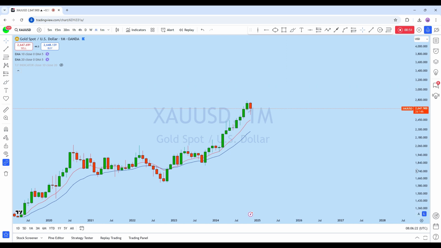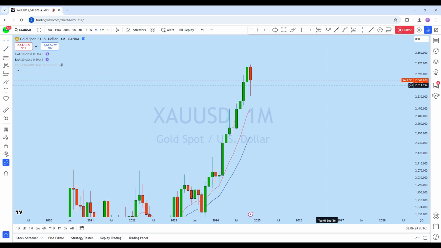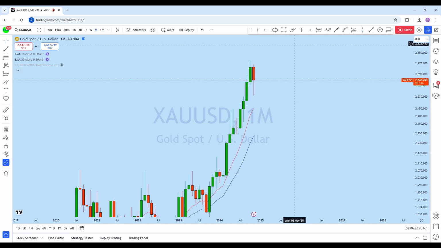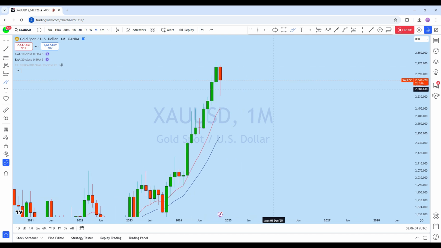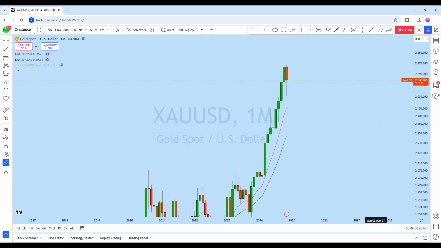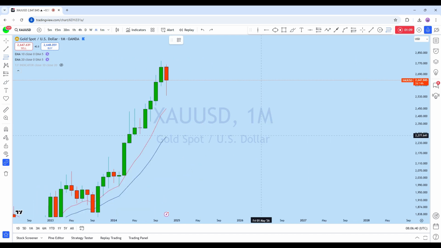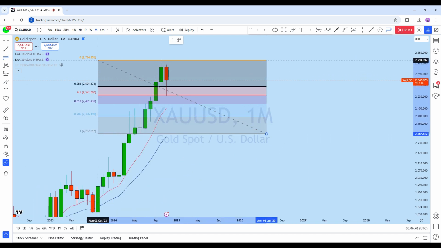Now this is the current monthly candle, where we can see that the price from this monthly resistance line had an initial breakdown, which I think was a deeper pullback, and the price is again reverting back to the upside. Now if we take our Fibonacci from this level to the end of the move,